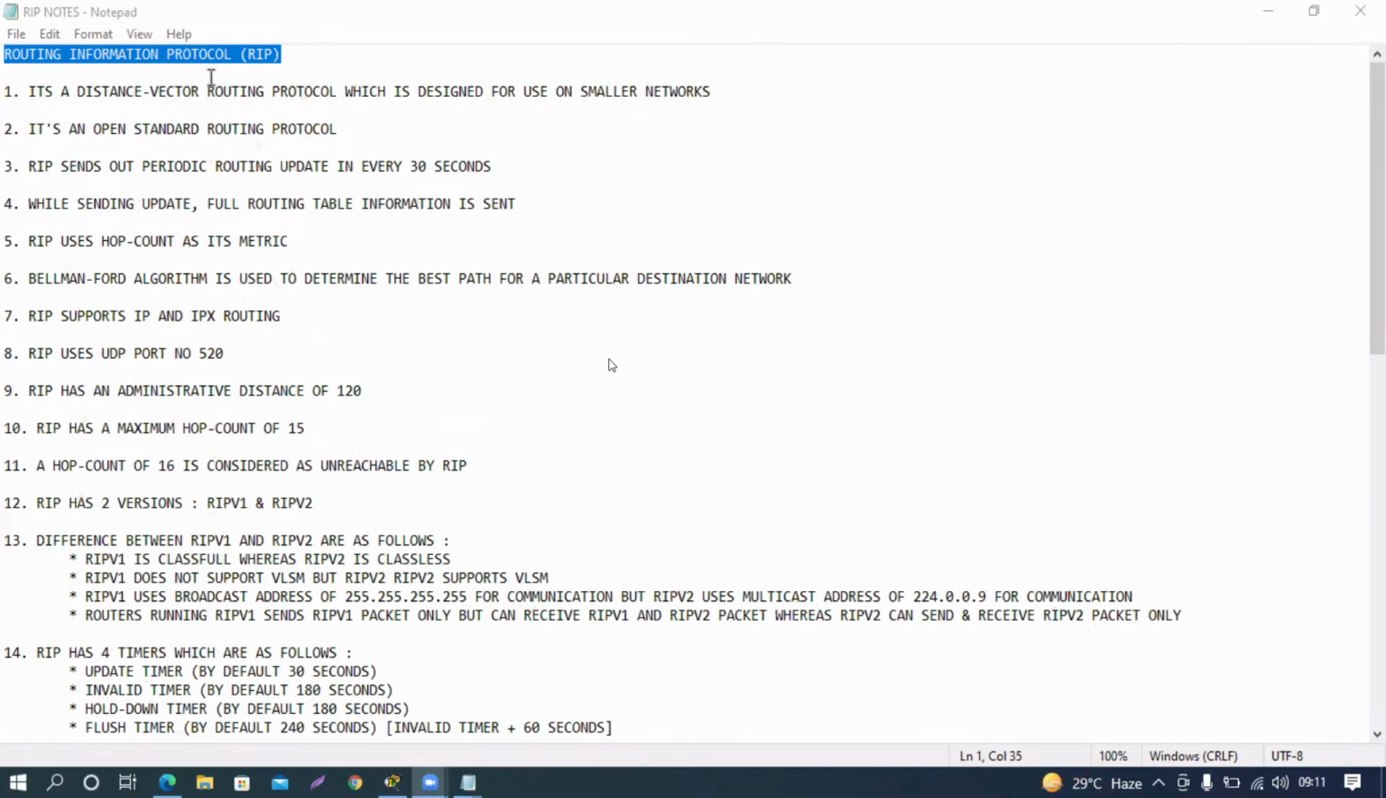Okay. So RIP is a distance vector routing protocol, designed for smaller networks. Why do we say smaller networks? Because the maximum hop count is 15. Okay, what is the hop count? Hop count is nothing but